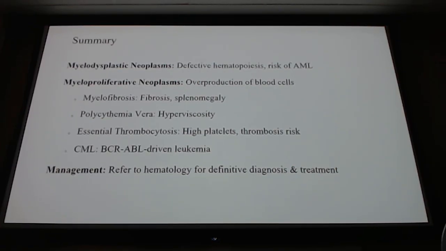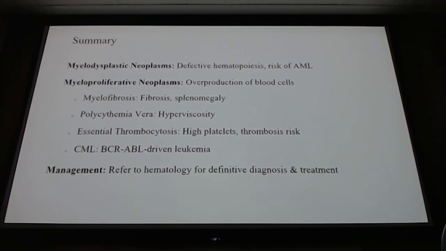All right, here's a summary. Myelodysplastic syndromes are defective hematopoiesis, so we can't make those cells. That's going to be 5 to 19% blasts. Greater than 20% blasts, what are we thinking? AML, right? So we get that bone marrow biopsy. Less than 5% is normal. 5 to 19%, thinking myelodysplastic. Greater than 20%, we're thinking